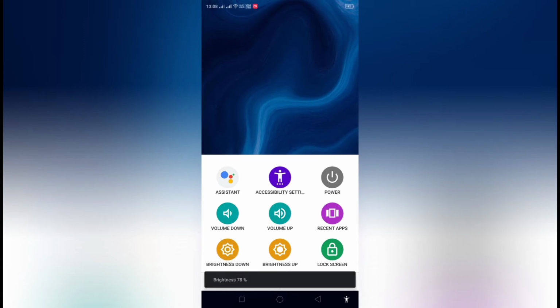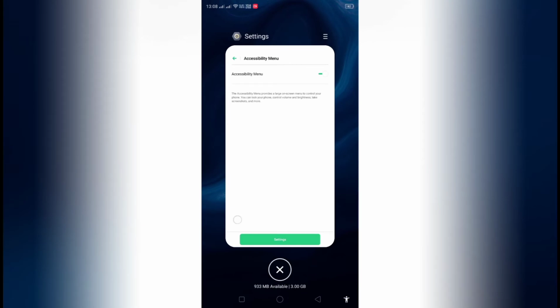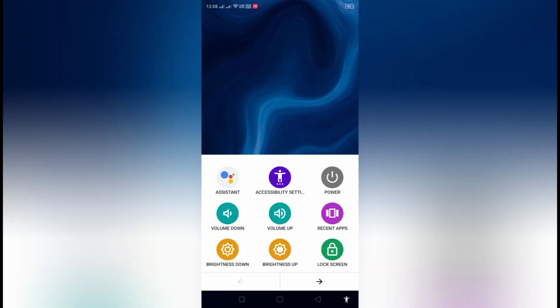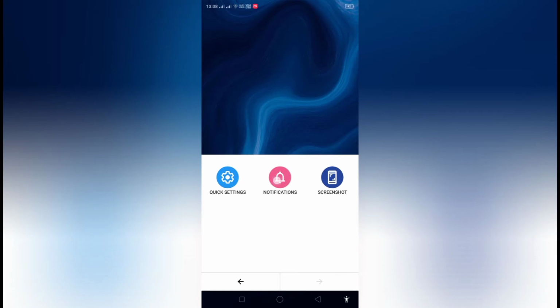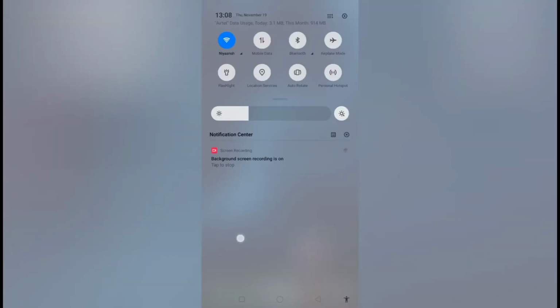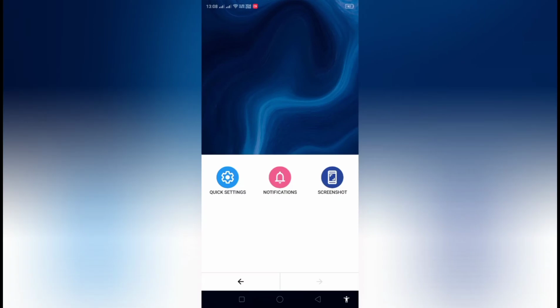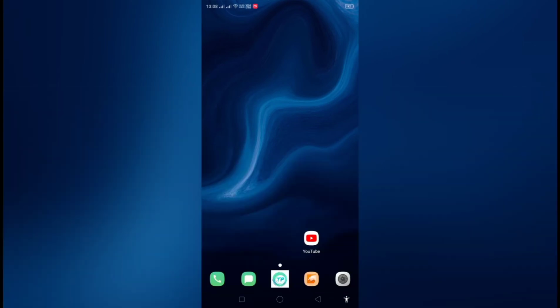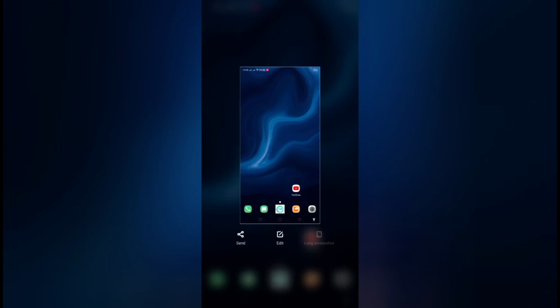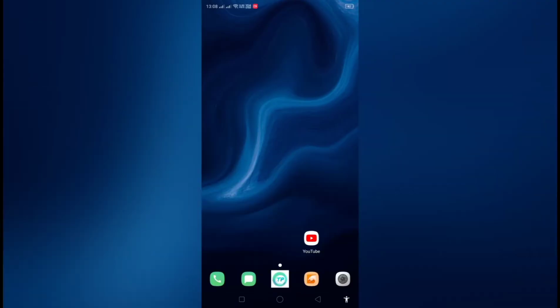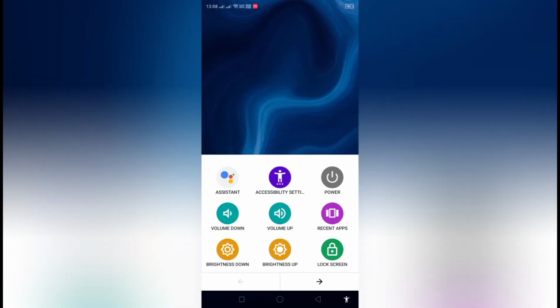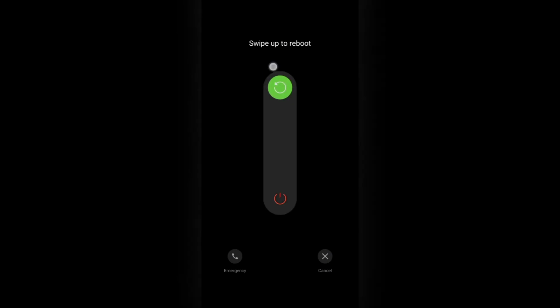Let's check how it works. I'm working on the brightness, increasing and decreasing it through these virtual keys. Once again I'm going there and clicking on notifications. This is the notification screen, where whatever notifications are available for our phone will be displayed. Then we'll move to screenshot, where we can directly take the screenshot with one single click. And then we can directly power off and restart our device from here only.